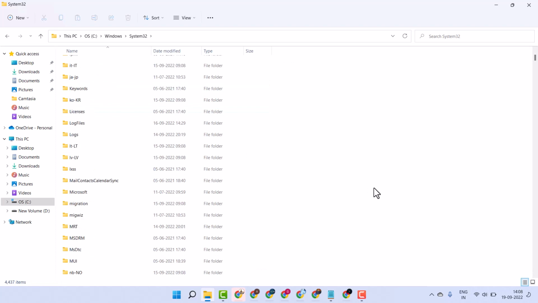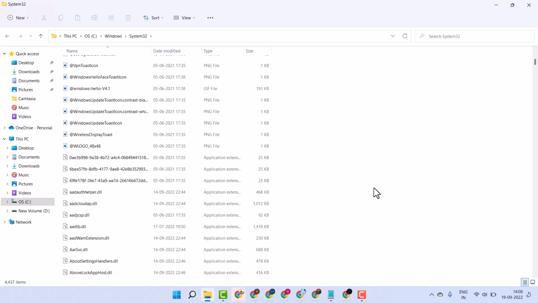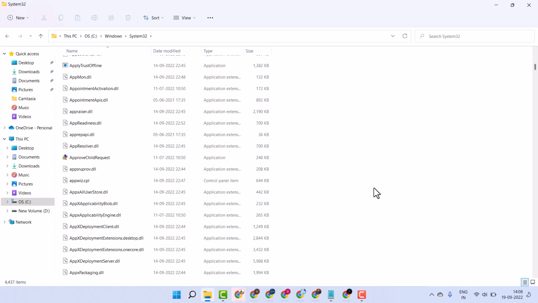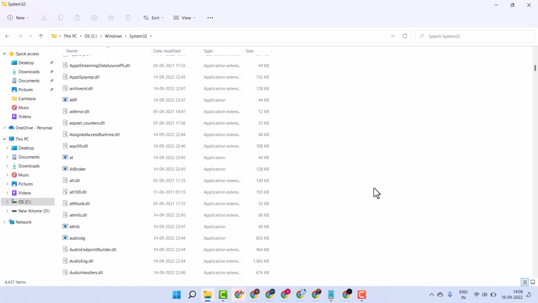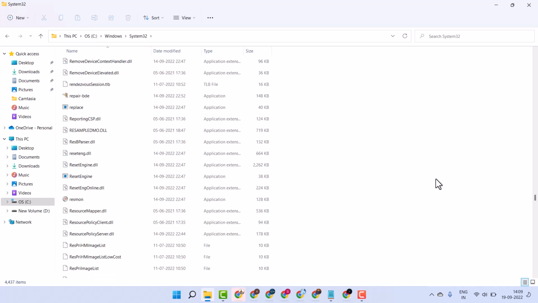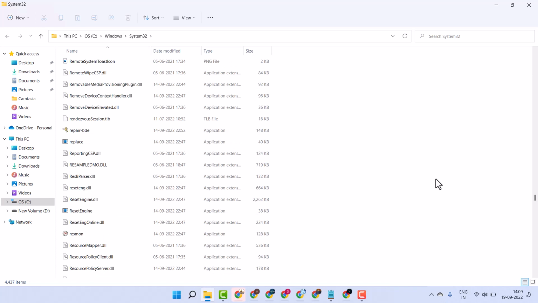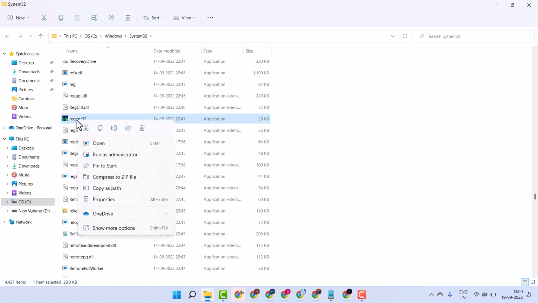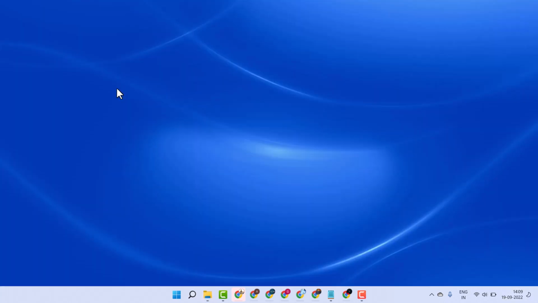and here you have to find out this folder RegEdit32. Copy this one, paste on your desktop,